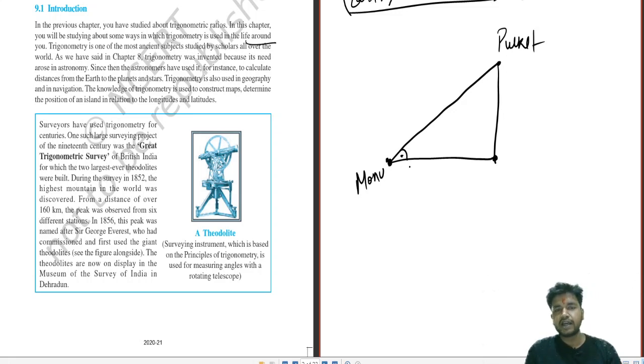Obviously, you would be thinking, how can a person of a minimum height of 1 foot also look from here? He would be looking from here. Obviously, we are taking it as hypothetical. You can take it like this also. This would be more familiar to you. This is the height of Monu. Let us take it as 3 meters. 3 meters would be very high. Let's take 2 meters. Monu is a height of 2 meters. So this will also be 2 meters. This could be now a bit logical.